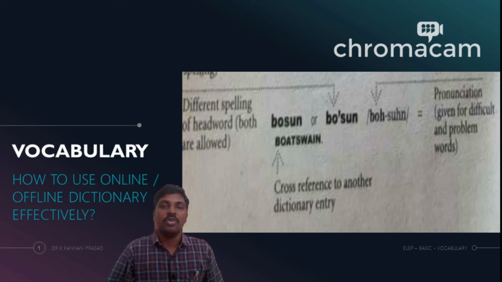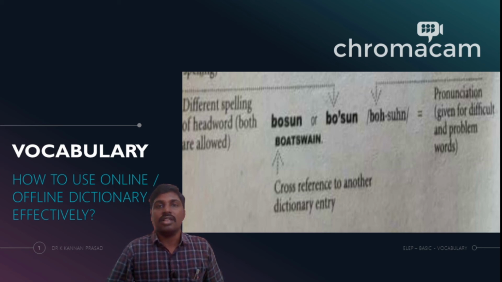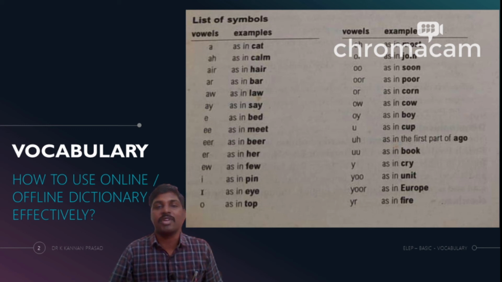You have S and N, which are consonants, for which the pronunciation does not change. So we are going to do the same as we did for the symbol O. We are going to find the symbol U now. So we have symbol U right over here and UH also here. What is the closest thing we are looking for? We are looking not for U alone, we are looking for UH as well. So we have a perfect search match here. So we are able to find it out.